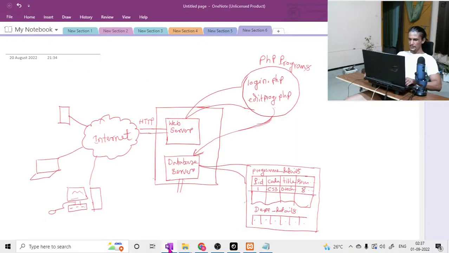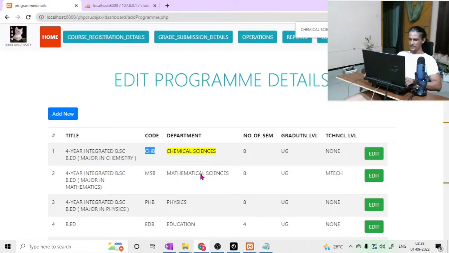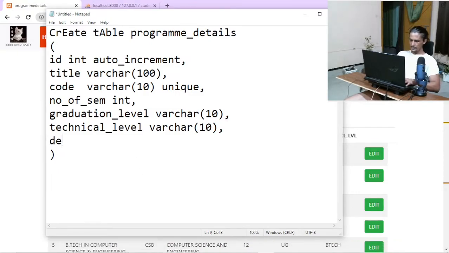So what we're going to do is, instead of storing the name of the department, we'll be storing here something called department_ID. That will be an integer, and that much only. Now you will come to know what this department ID means. So these are the columns that we want in our table, and also we want to make sure here that